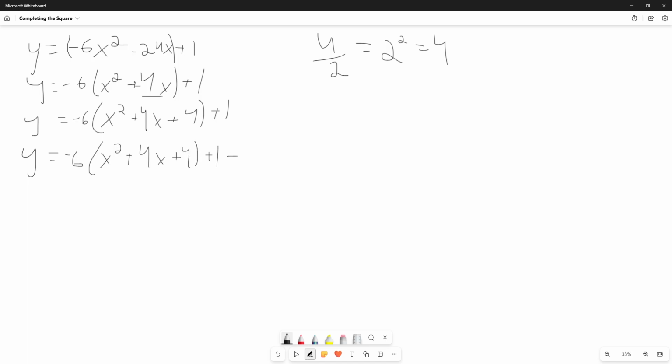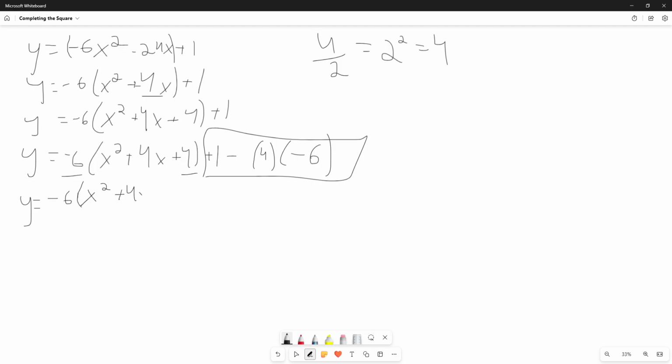And then we have the minus. And then we have 4 from here and the minus 6 multiplied by minus 6 here. So this whole term here, 1 minus 4 times minus 6 gives you 1 plus 24, which is just 25. So y equals minus 6 x squared